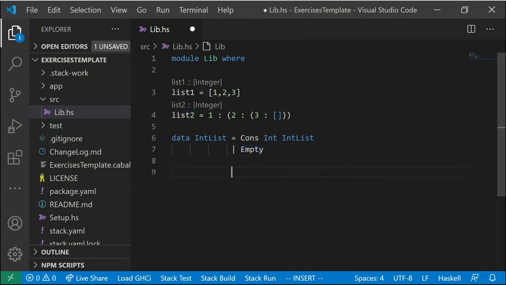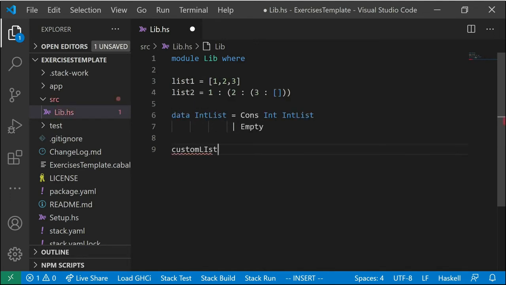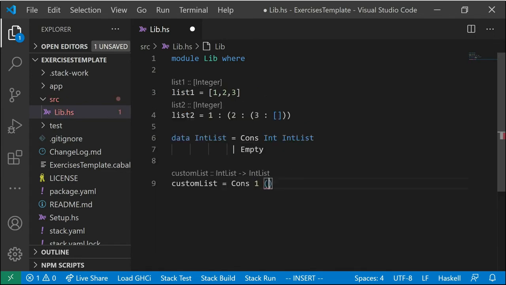So we'll call this custom list equals cons 1, cons 2, cons 3, empty. Okay, so we've essentially accomplished the same thing. So this is our own list now that we've encoded in our own way using a custom data type that we defined. And if you were to look inside the prelude at how lists are defined, it's roughly defined in